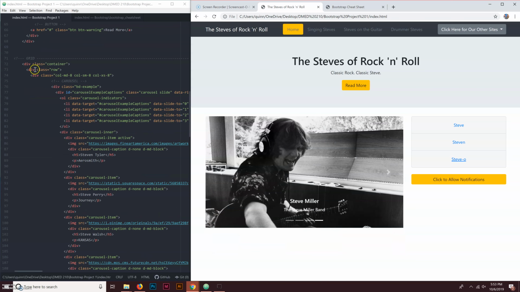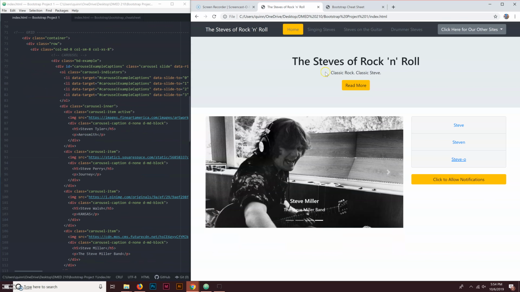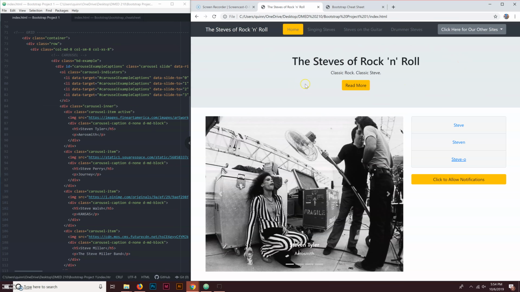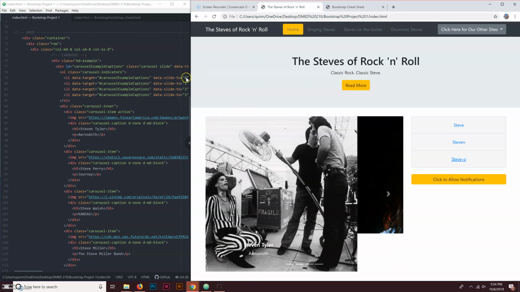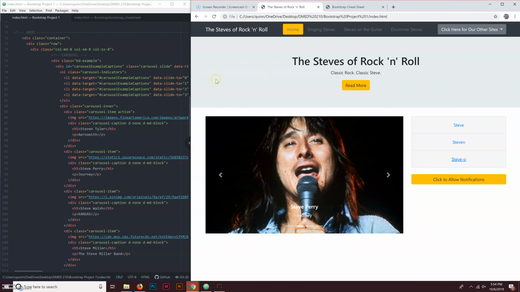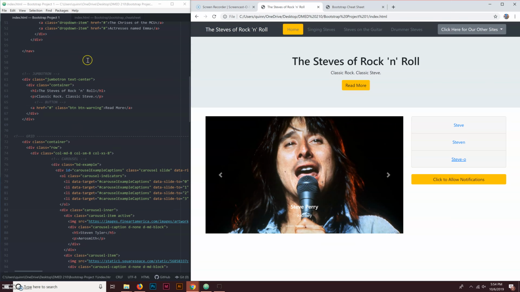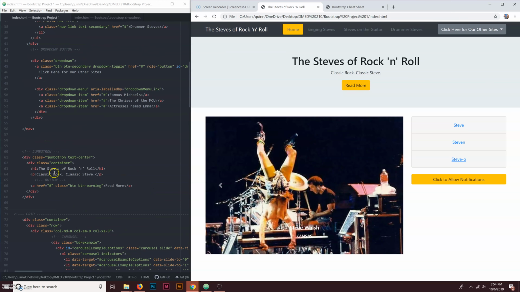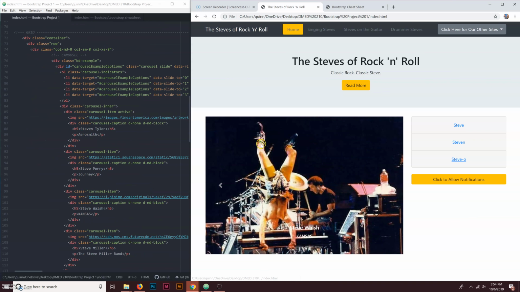So one of the later things I did was actually add the grid. I knew I wanted the heading to be at the top, so I used a Jumbotron, and that spanned across all 12 columns. So that's not included in the grid, actually. As you can see, it's right above it. And then within the grid, on the left side, I have 8 columns, which is my main content. The right side is more of